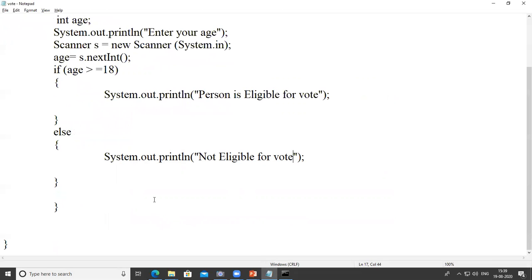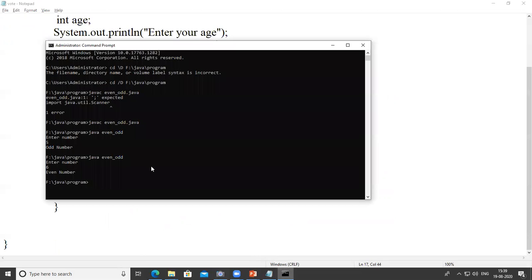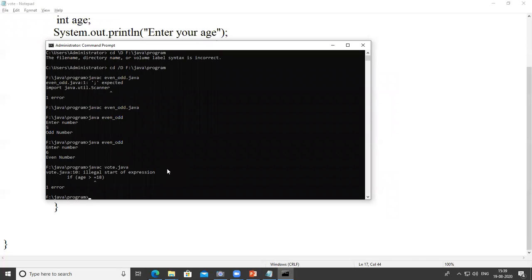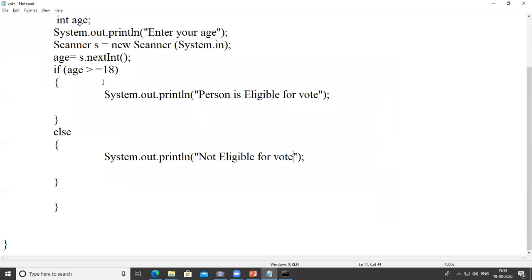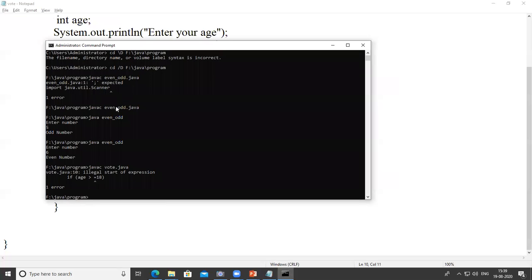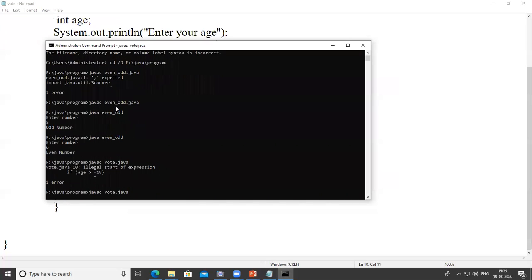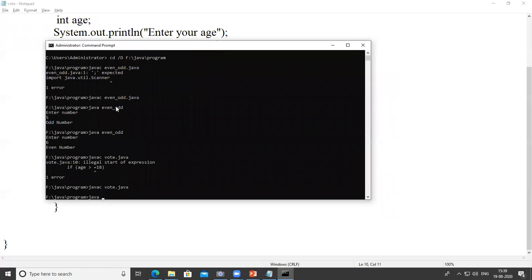Save the program and again go here, javac Vote.java. So here we gave unwanted space. Java Vote.